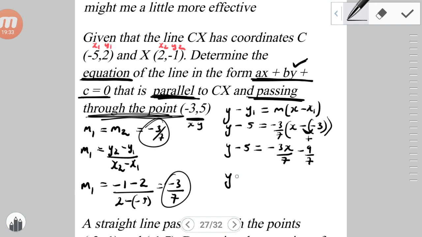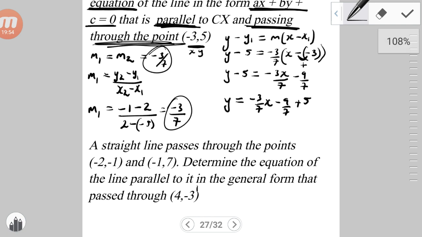So here we have Y minus 5 is equal to negative 3 over 7x. Pardon me, let's remove this 5 here. We're going to transpose it, so it's going to be Y is equal to negative 3 over 7x. And we're going to transpose negative 5, and we're going to end up with a positive 5. And then arithmetically, the only thing that we can do here, guys, is naturally just work out this aspect. We have already gotten our mx, we already have our y, so we just need to evaluate